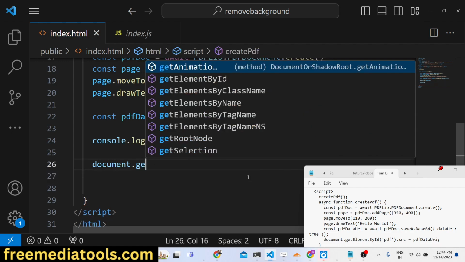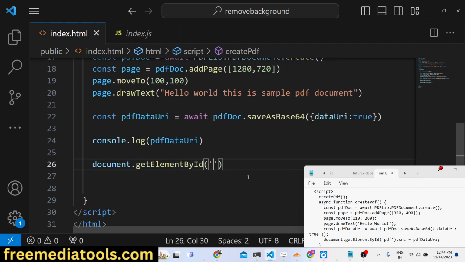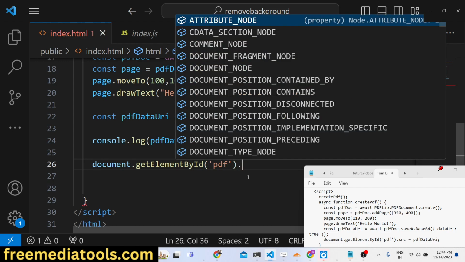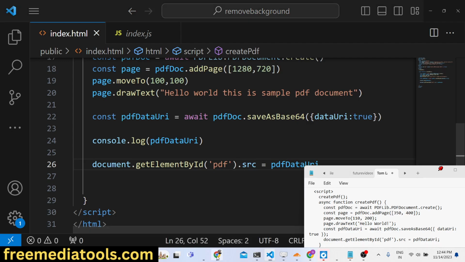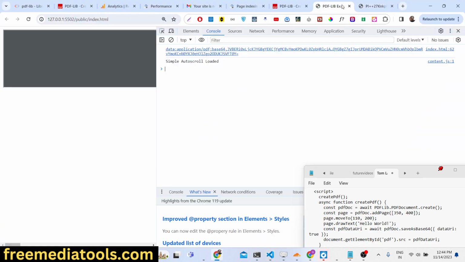After that, we now need to simply embed this inside our iframe. You can use document.getElementById, and we have given the ID to the iframe. We can manipulate the source property to the PDF data URI. So if you do like this, guys, and if I refresh here,